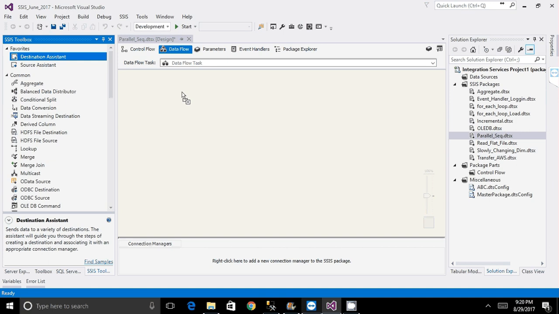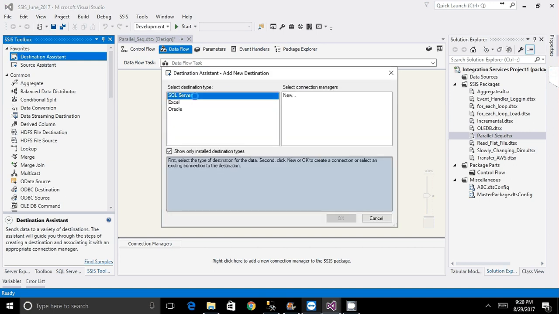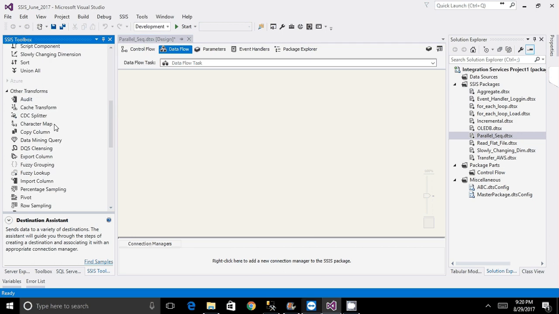So let's say if I do the source assistant, and then let's pick